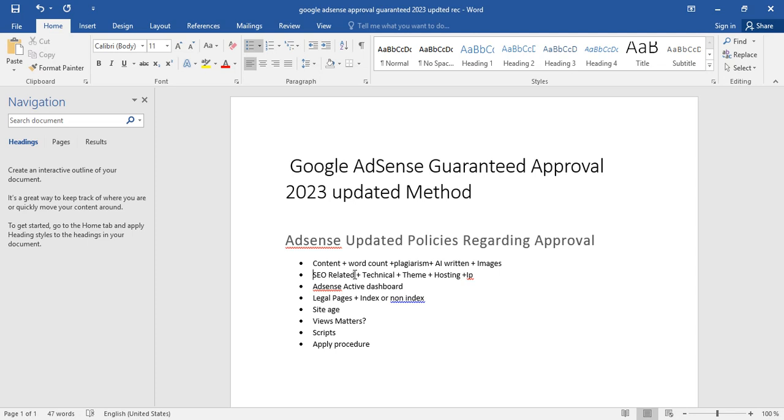choose a specific niche, go into the niche, narrow down the niche, and then write content in that niche where you know you have a gap. Find a gap in that specific niche and follow the gap. Just cover those topics that are not covered by others. Google will like it, because for the topics that people are searching for and not covered by others, if you cover them, Google will like you. Google is sending you traffic. You are getting lots of traffic, and Google will like it, and you are getting approval quickly.